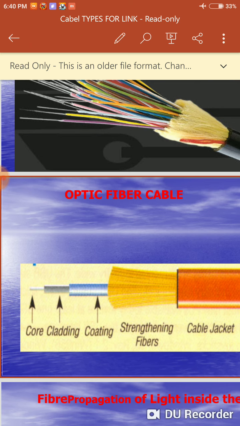So this is the basic structure of optical fiber cable. Apart from this, there are different materials or protective layers which can be added in the structure, but the basic elements required are the core, the innermost element, which is surrounded by cladding, and the cladding is surrounded by the primary coating. That is the basic structure of optical fiber cable.